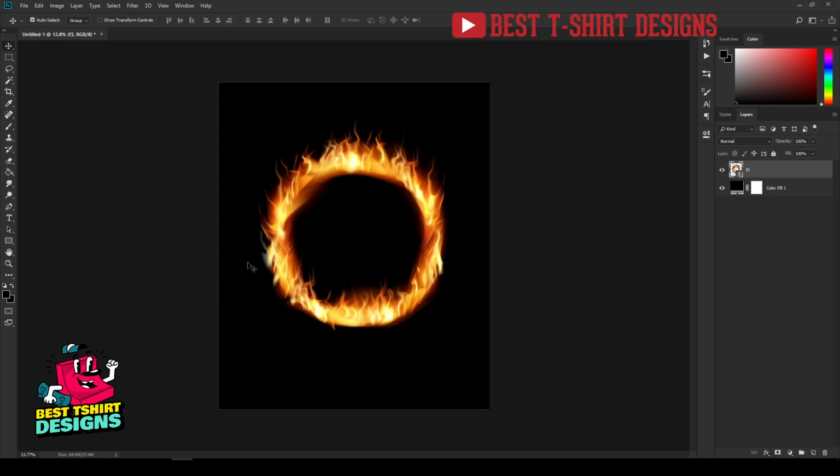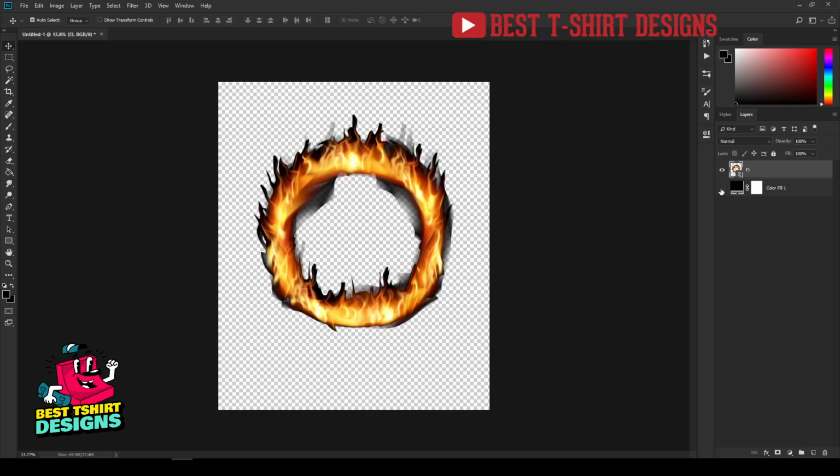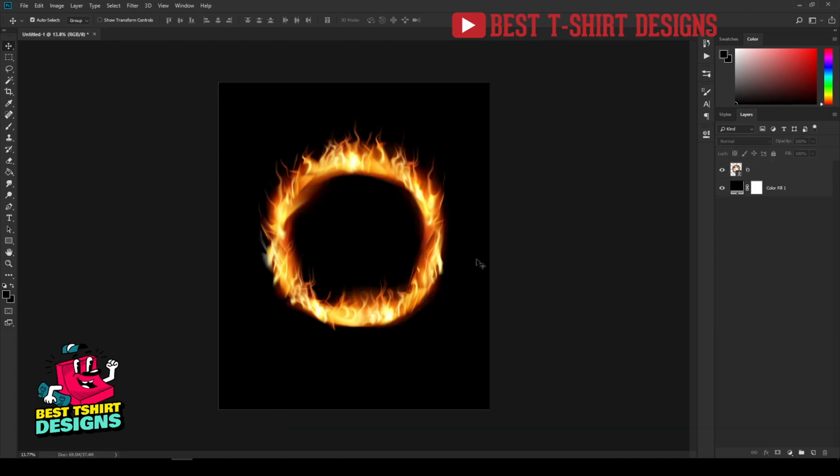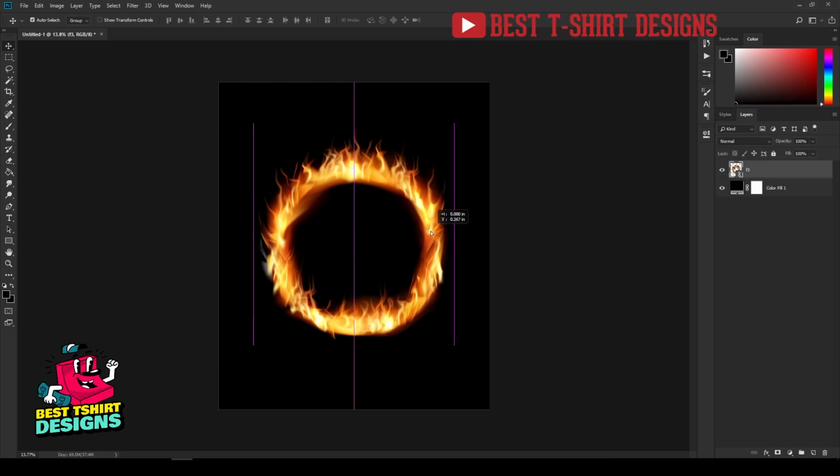It is looking completely beautiful, but if you turn on the black layer, it will look like this. So that's why I say that it will not become a completely transparent PNG, but don't worry, we will figure it out. So this is how it is looking right now. This is the firefighter design. So I'm going to use a firefighting or firefighter scene here, fire background, something like that.